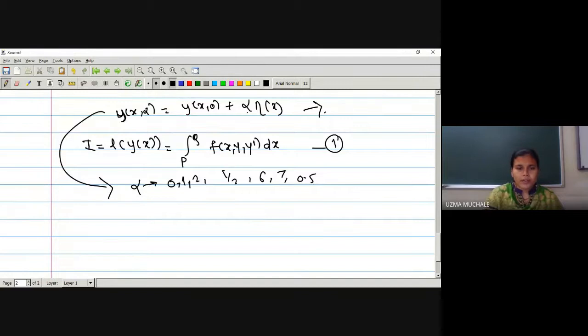For different values of alpha, I am getting a different curve, and that's why we get a different equation. So this is infinitely many equations of the curve which are traveling from point P to Q, or rather they are joining the 2 points P and Q. So these are nothing but infinitely many paths from P to Q. For different values of alpha we are getting a different path. Is it okay with this?